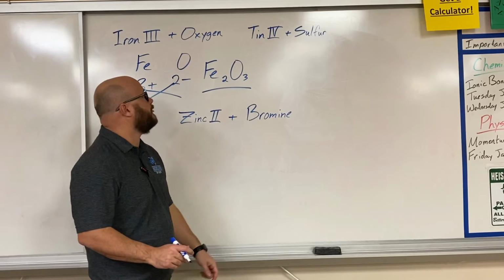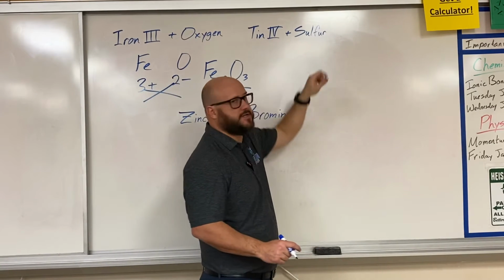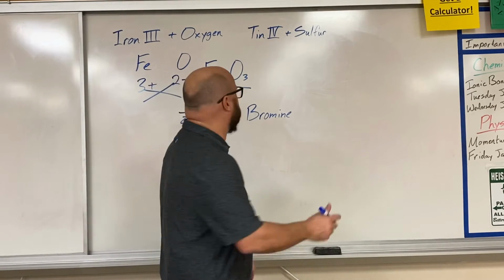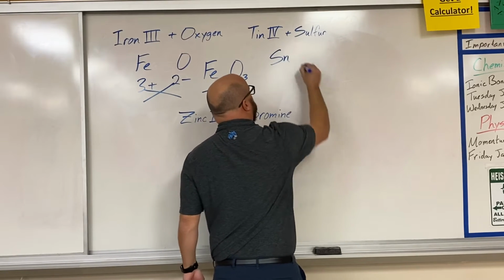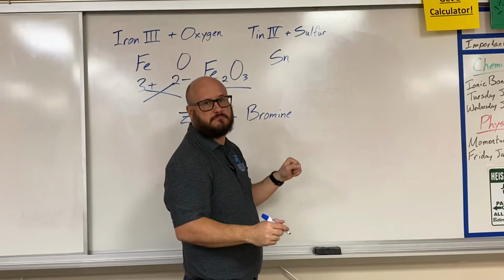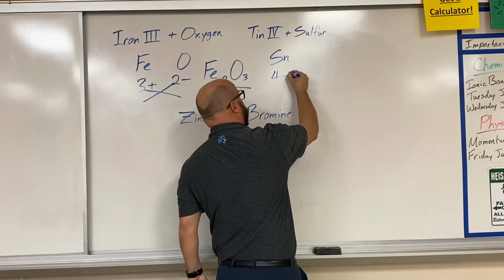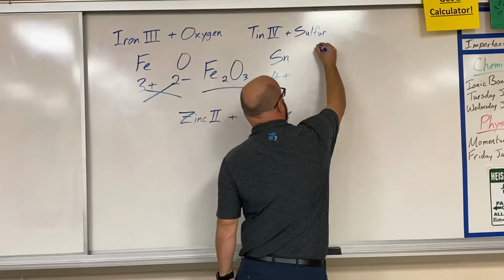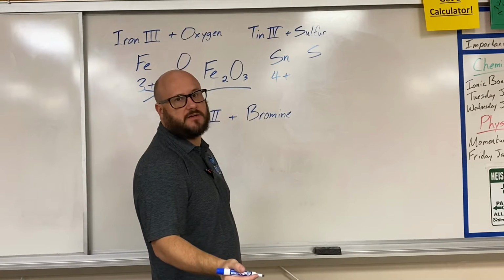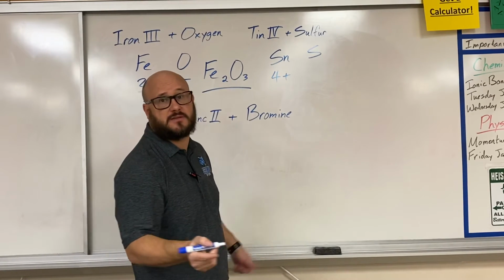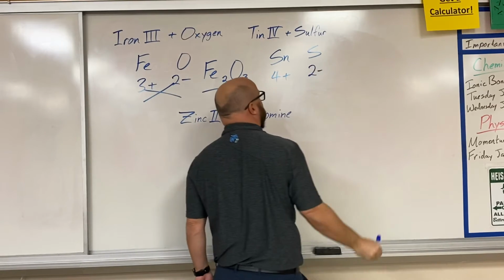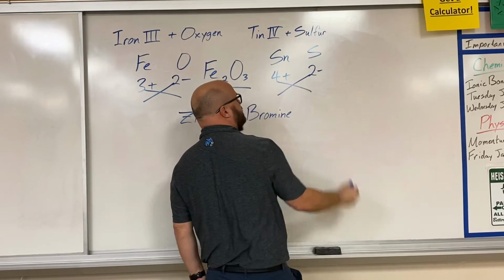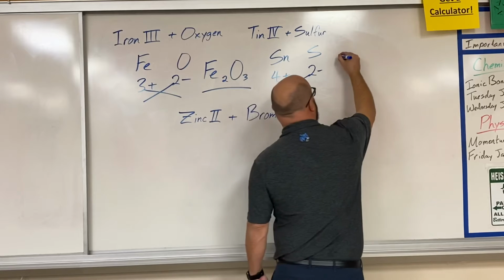Let's look at a second example. Tin 4 plus sulfur. Okay, well, if you find tin on the periodic table, it's got kind of a weird symbol, but it's Sn. And then it tells us 4. Same as before, except it's a 4 positive and not a 3 positive. Now find sulfur, just S. It's in group 6A as well, so it's going to gain 2 electrons. Makes it a 2-. Now, last step, crisscross applesauce. 2 goes to tin, 4 goes to sulfur, and you end up with